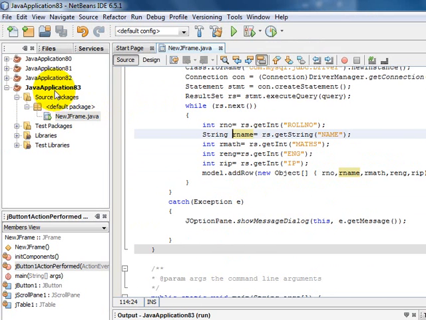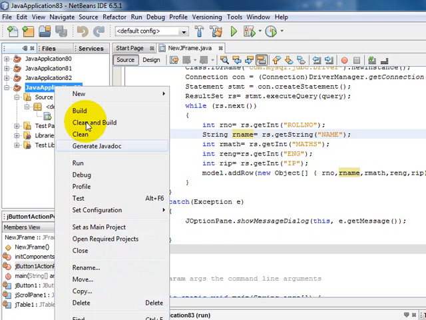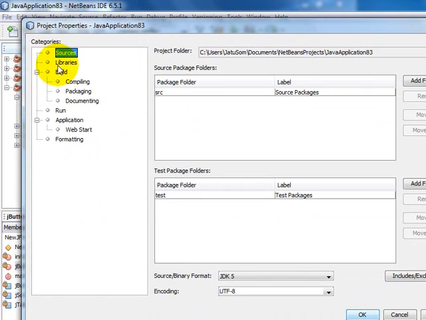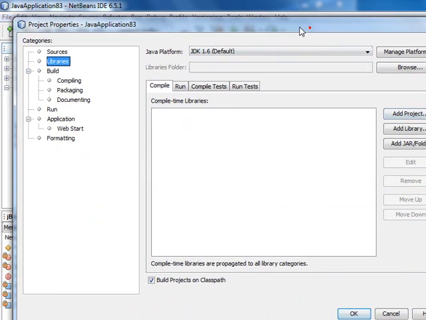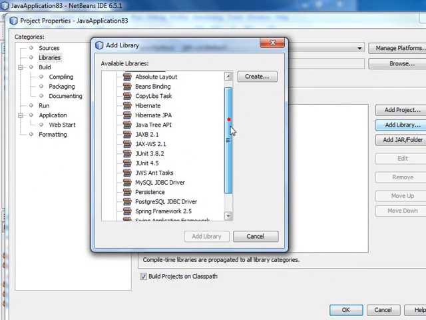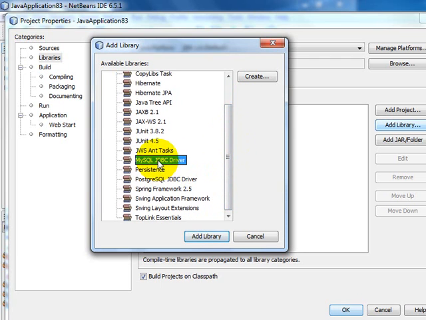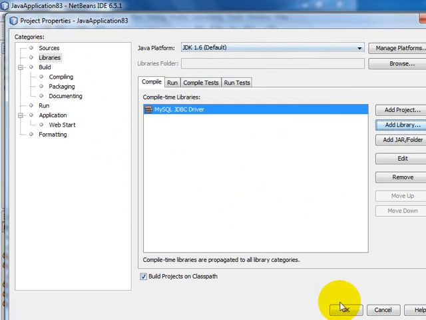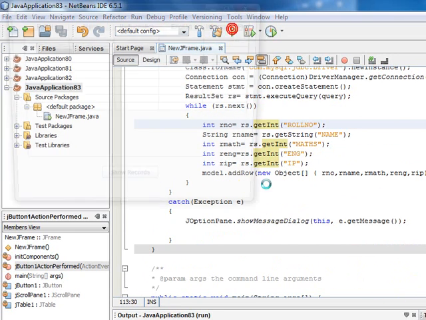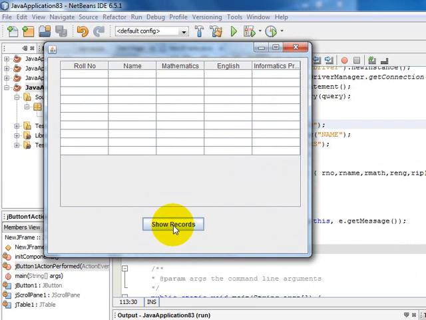What you do is select the current project and click on the properties option. Here the project properties are displayed. Click on the libraries category, and after clicking it, add a library. Certain files are to be included, and the MySQL JDBC driver library needs to be included so as to execute your application successfully. So click on add library, click OK, saving project options, and OK. Now if we run this project again and click on the show records option,